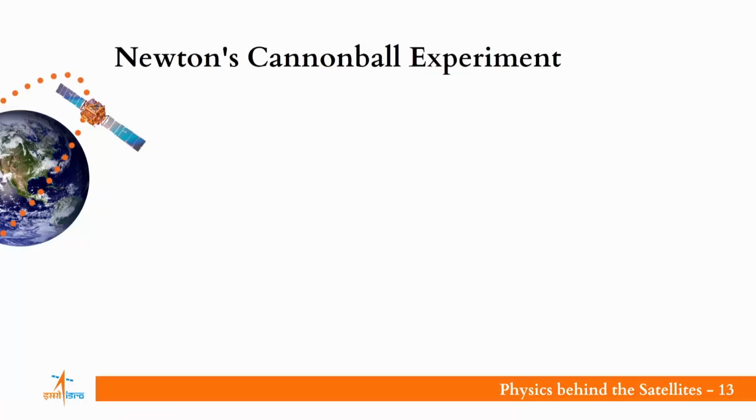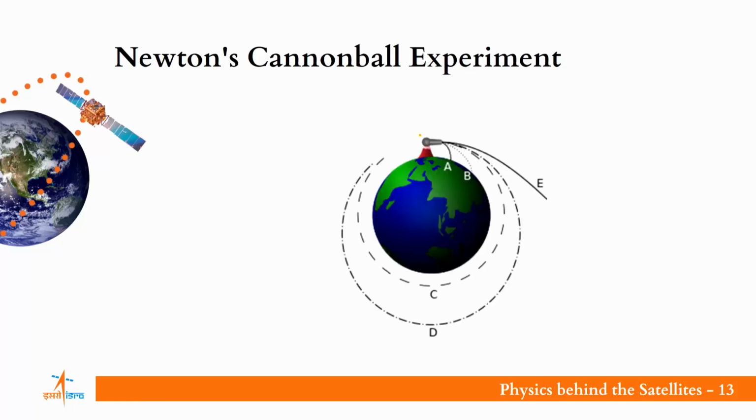Now that we have seen various types of satellites and various types of orbits, how do we get there? Newton's cannonball is a hypothesis on how to reach an orbit around a planet or escape it. If a cannonball is thrown simply, it will fall on the ground due to Earth's gravitational force. If the same cannonball is thrown at a certain velocity, it will travel a particular distance and then touch the ground. At a specific velocity, the cannonball will not fall back to the Earth. Instead, it will begin orbiting.